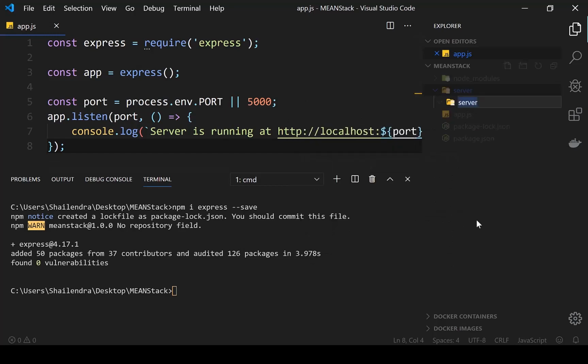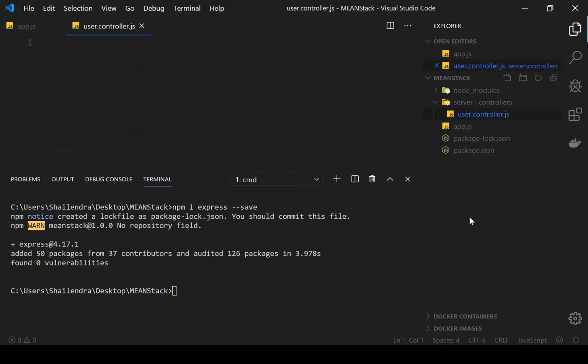We will define controllers here. In the controllers we will write the logic to query a database. Let's say I'm adding a controller named user.controller.js. So here I added a controller, the user controller. In the user controller, let's write the code so that we can serve the request from here. Here also we will use